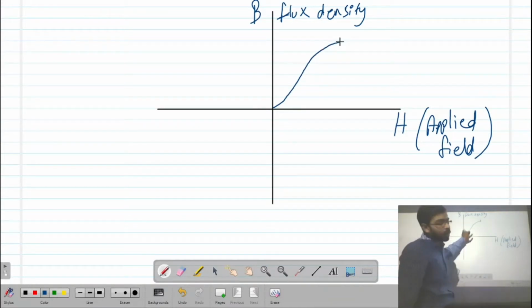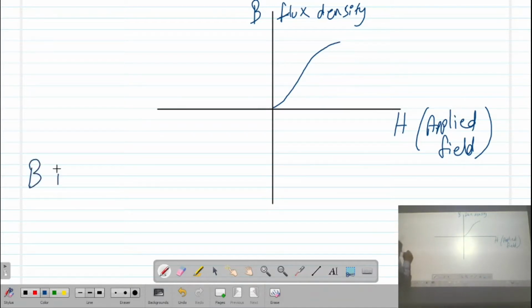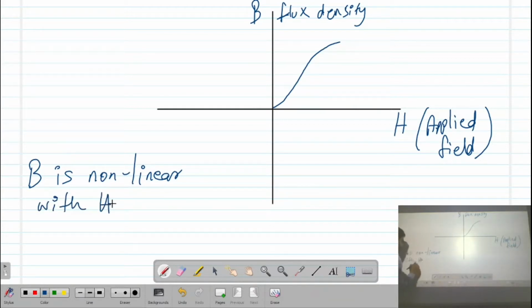Means H and B, the induced flux density inside the ferromagnetic material, have a non-linear relation. B is non-linear with H, right?